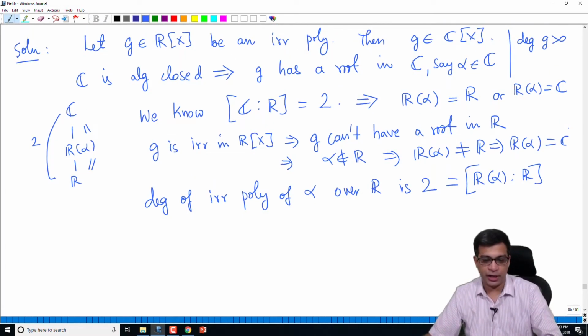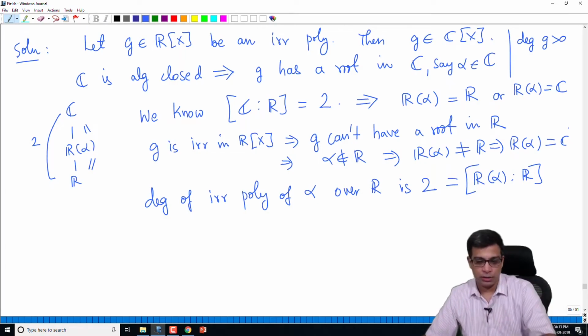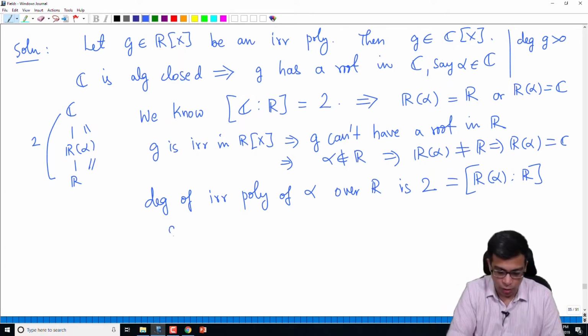It must be G, because G is already irreducible and alpha is a root of G. So the degree of G